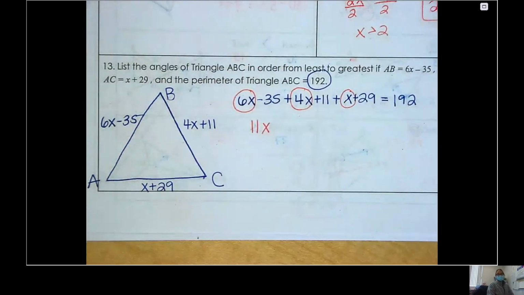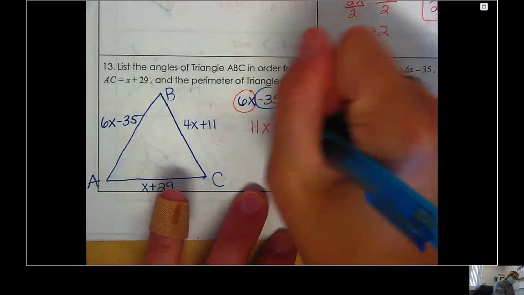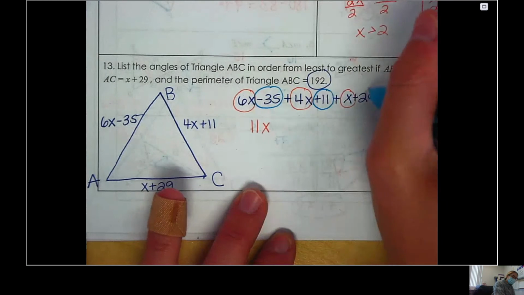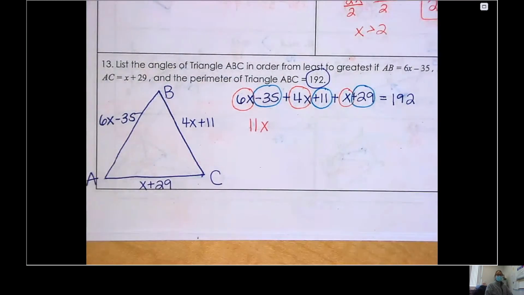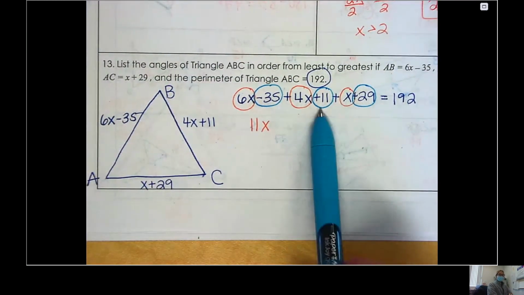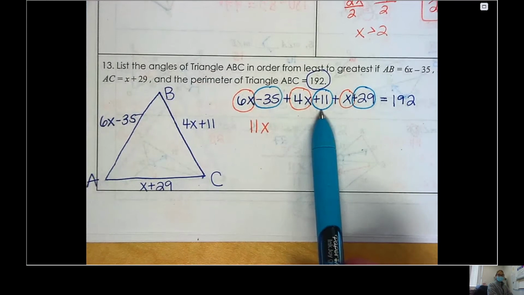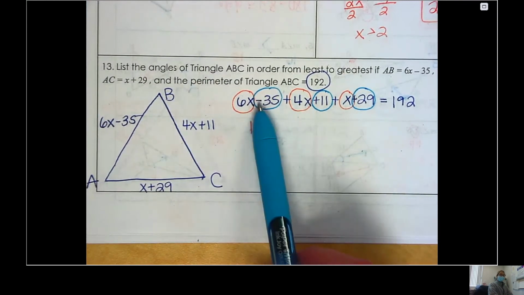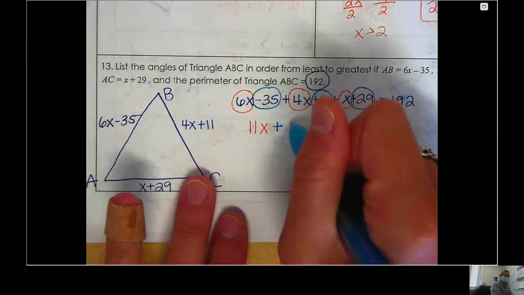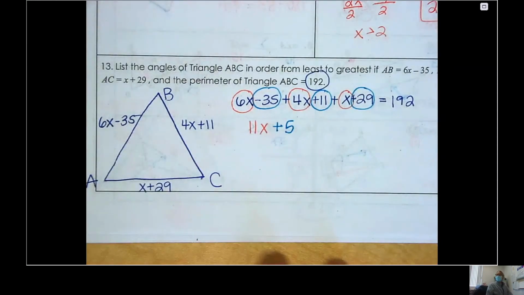Okay, what else can I put together? I can put all the constants together. Negative 35, positive 11, and positive 29. So 29 and 11 is 40. 40 minus 35 is 5. Positive 5